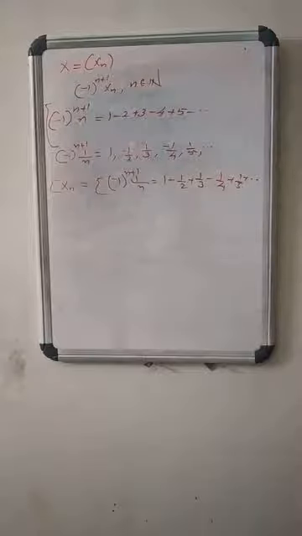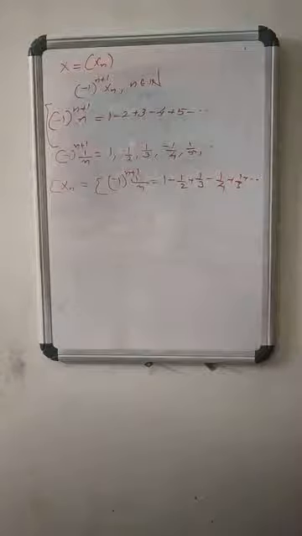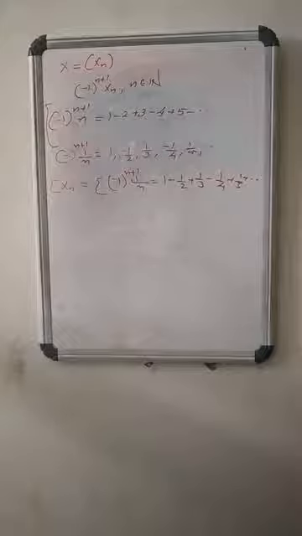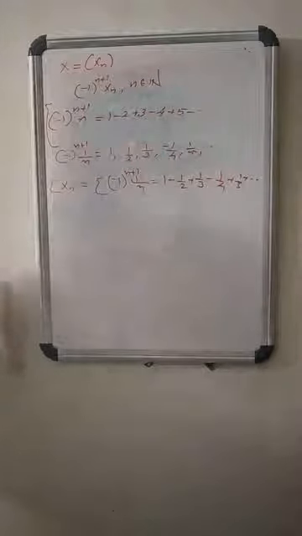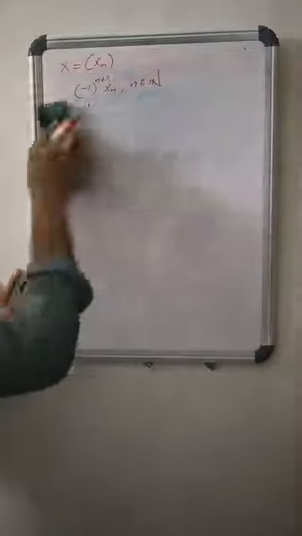A sequence x = (xn) of real numbers is said to be an alternating sequence if all the terms (-1)^(n+1) xn are all positive or all negative real numbers. Agree? If xn is an alternating sequence, then sigma xn is said to be an alternating series. So the examples are this one. Okay. Now